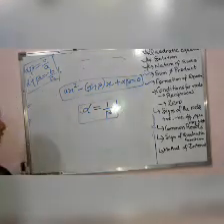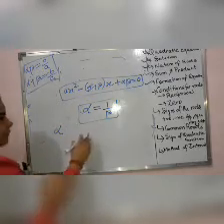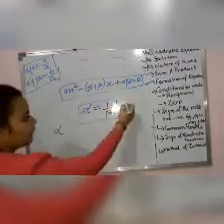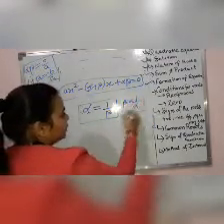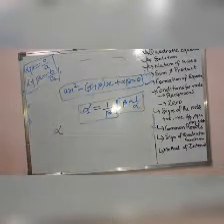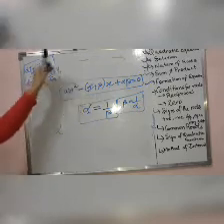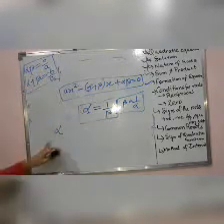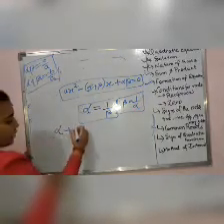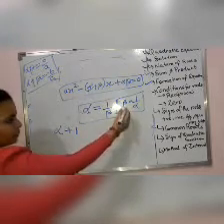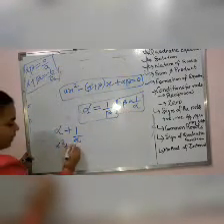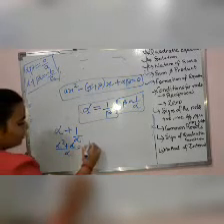If one root is alpha and the other root is beta, that means alpha is equal to 1 upon beta, or I can write beta is equal to 1 upon alpha, because that is the condition. The roots are reciprocal of each other. Now in this case, I have seen alpha plus beta is coming this and alpha into beta is coming this. So now if I write alpha plus beta, beta is equal to 1 upon alpha. That means alpha square plus 1 upon alpha, this is coming equal to minus b upon a.